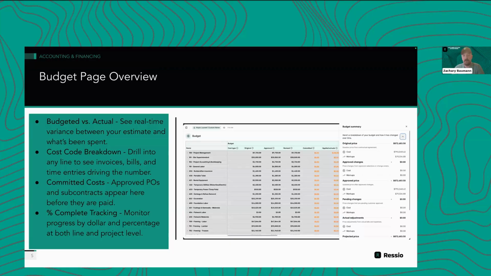And then finally, it can also be things like your labor. Whether you're tracking your labor through Ressio, through the time clock and setting a billable rate on that labor, or if you're tracking your time in another system, either through QuickBooks Time, we can pull that information back in as well. So either native to Ressio or an external system or QuickBooks, those can pull in, and that allows you to get those expenses for your labor as well.